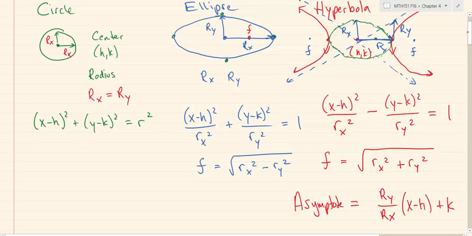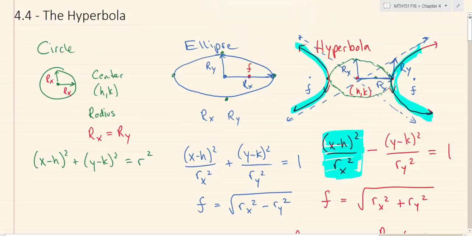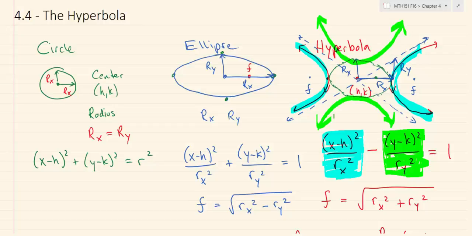When you look at the equation that we have here, when you subtract things, order matters, because 8 minus 5 is different than 5 minus 8. When the x term is the lead, then your hyperbola is going to open left and right. On the other hand, if the y stuff is the lead term, then your hyperbola is going to open up and down. So if (y minus k) squared divided by r sub y squared is the first term out in front of the subtraction, if you swap the order in which you do them, you will change the direction that the hyperbola